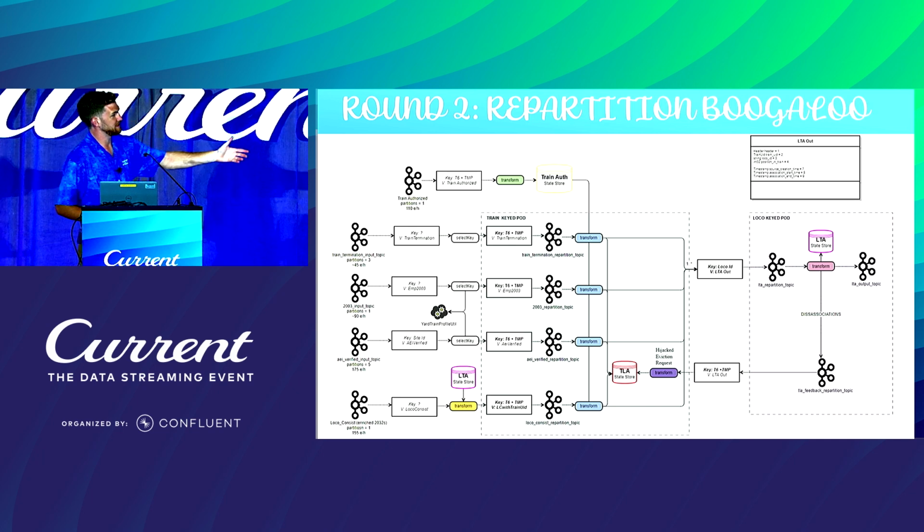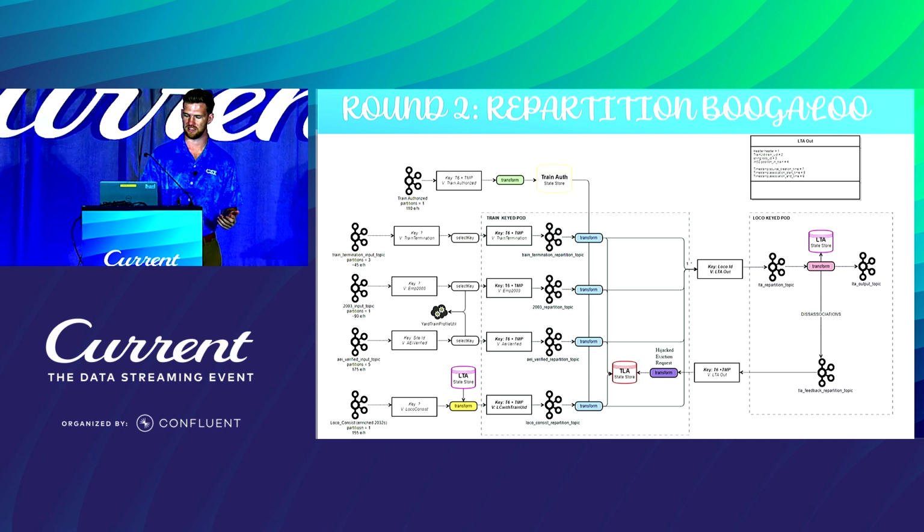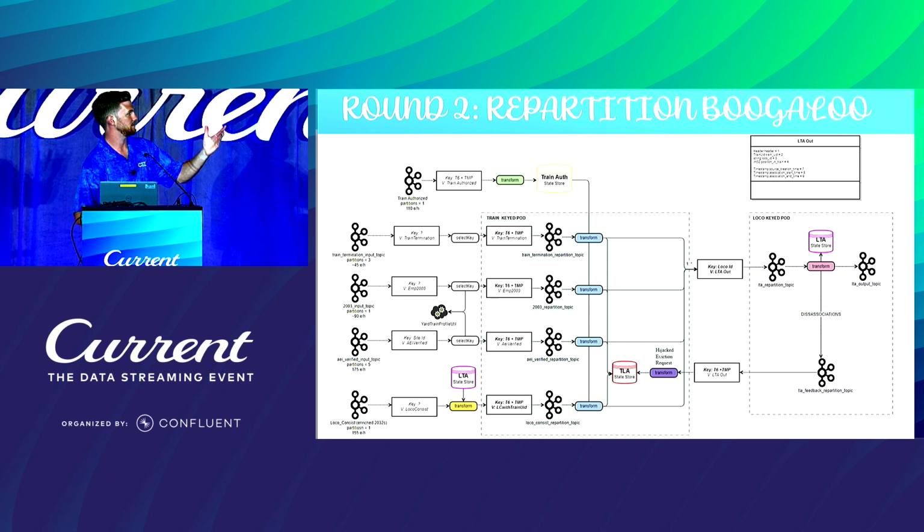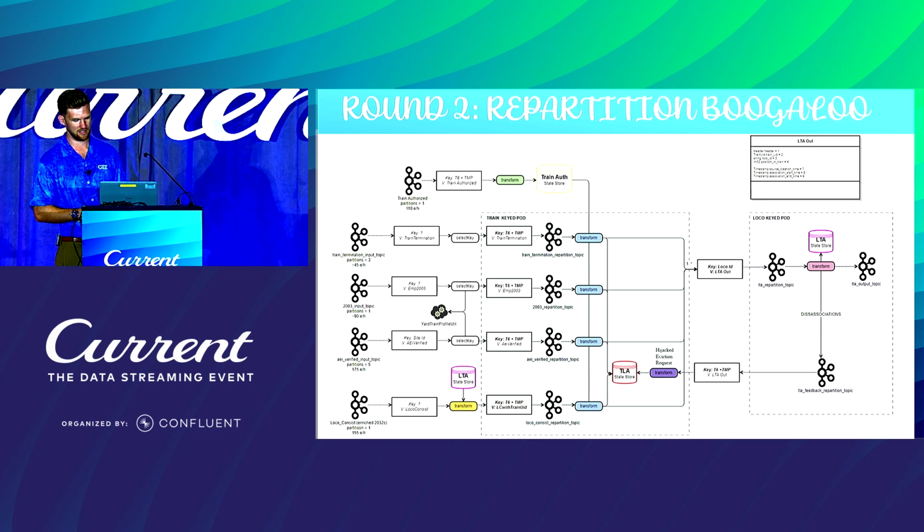Beyond that, the left is mostly the same. We've added the LTA state store to the 2032 Locomotive consist input stream to indicate that you need to look up the train ID associated to the lead locomotive to be able to rekey it by train ID in order to process in the correct context to be able to access the TLA state. The big change here is obviously the right side,